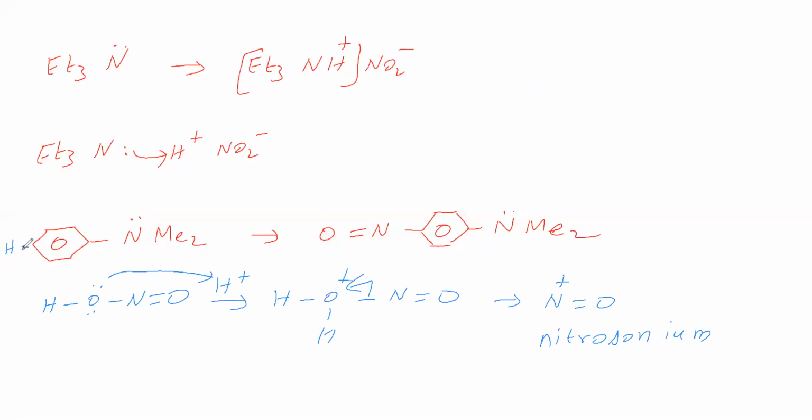This electrophile attacks the para position. Therefore we got a para nitroso compound, with the nitroso group at the para position. The two methyl groups are attached to N, so we can say N,N-dimethyl, and benzene attached to N is called aniline. So para-nitroso-N,N-dimethylaniline. The tertiary aromatic amine goes for an electrophilic substitution reaction.